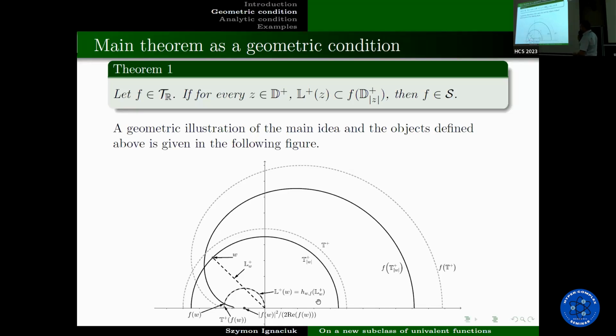So if we draw a circle here, it would be a circle which is tangent to the imaginary line. Its center is on the real line, and it contains, of course, f of w. And this L plus z, or here L plus w, is the arc that joins